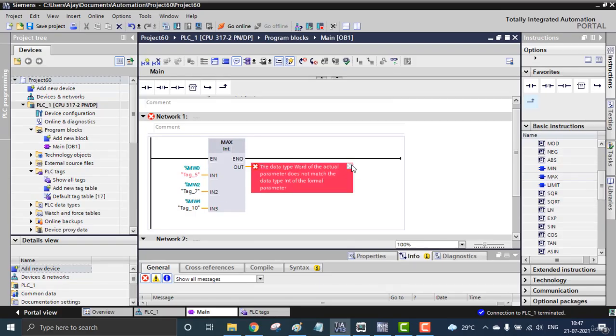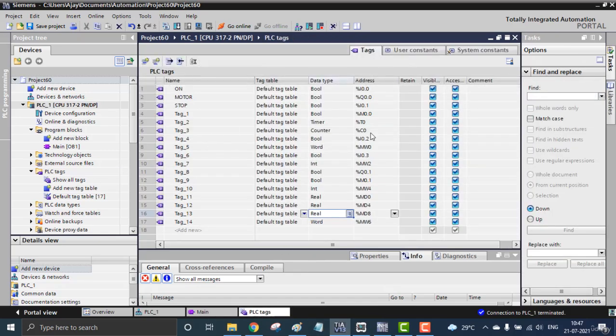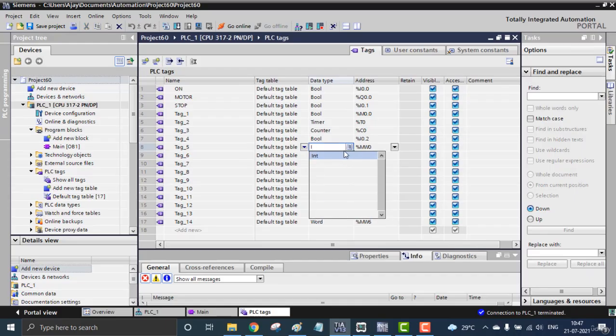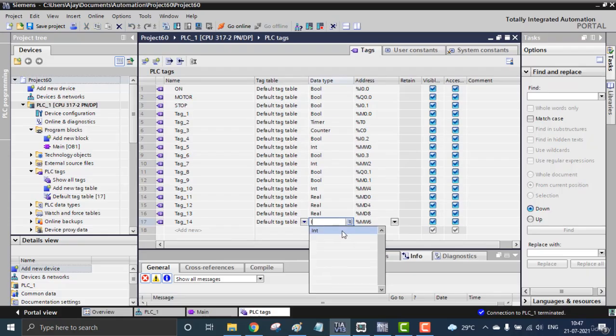So MW0 and 6 are not taken, so let's see how to change that. MW0, here it is, it's word, and I'm going to change it to integer, and the output MW6 is also integer.